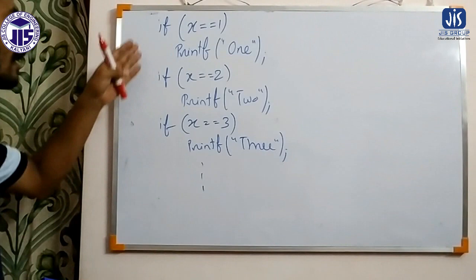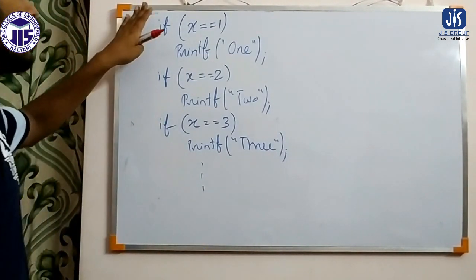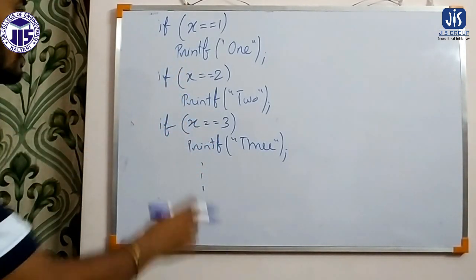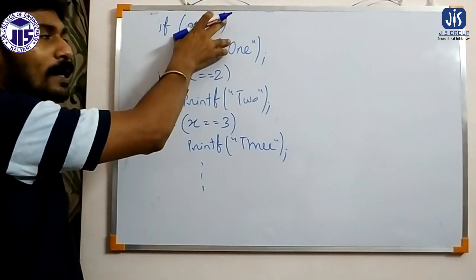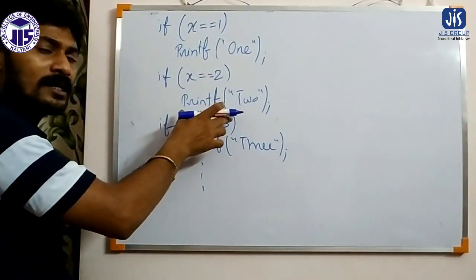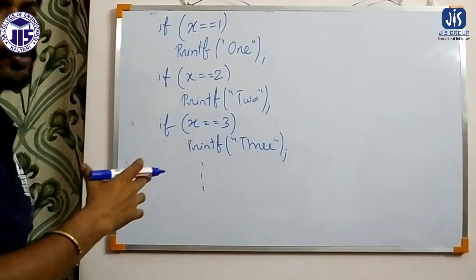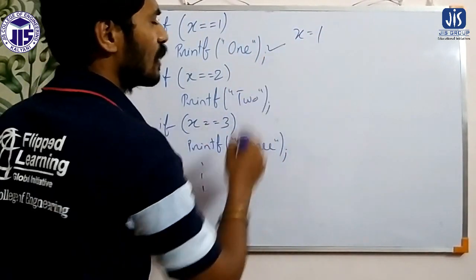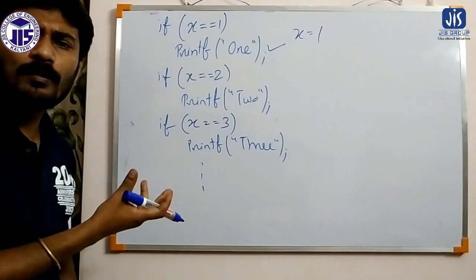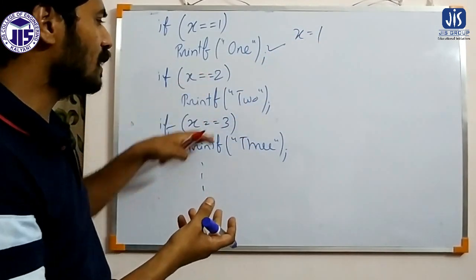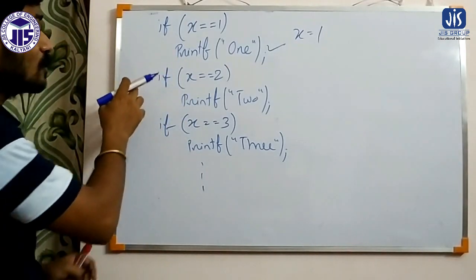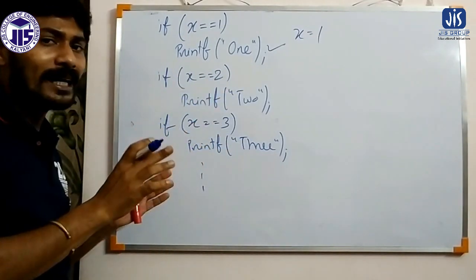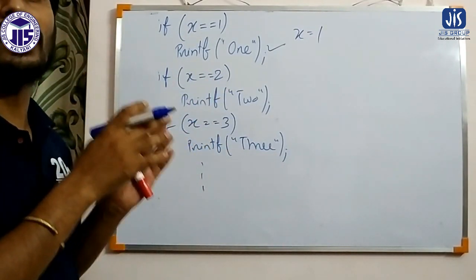And so on. Now if I have only if statements, what will happen? All the conditions will be verified, because it is only if, not else if. So first it will compare, if true, execute, then compare again, then execute, depending on true or false. If the value of x is 1, then this statement will get executed. But the remaining conditions we need not check, because the value of x is 1. But as we have written only if, though those statements will not get executed, the conditions will be verified, and every time the condition will become false.